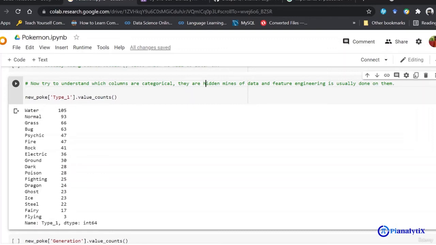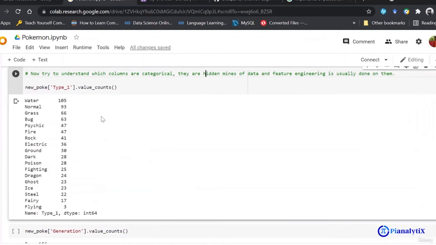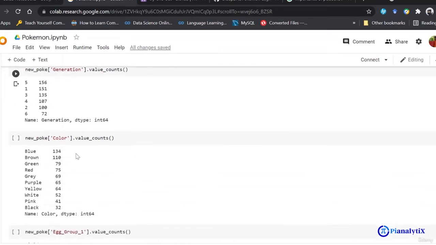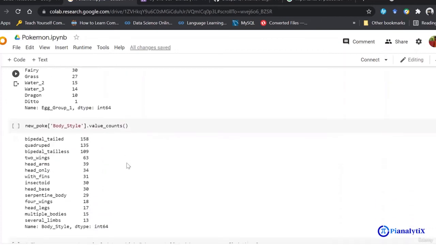You can see that I have taken the type 1 column, and it has this many categories, each occurring this many times. Next, I have done the same for generation, looking at how many categories are present and how many times each category has occurred. Same for color, egg group 1, and body style.